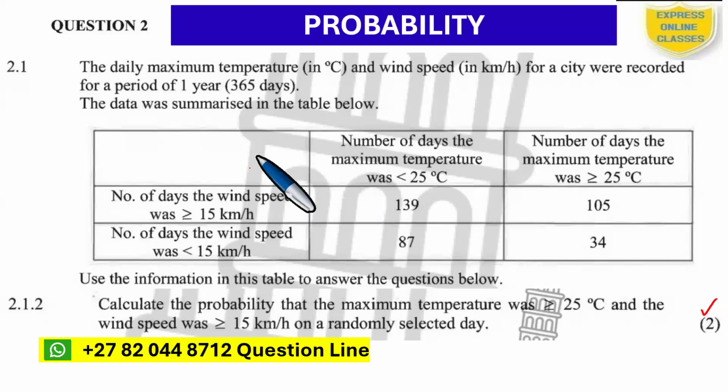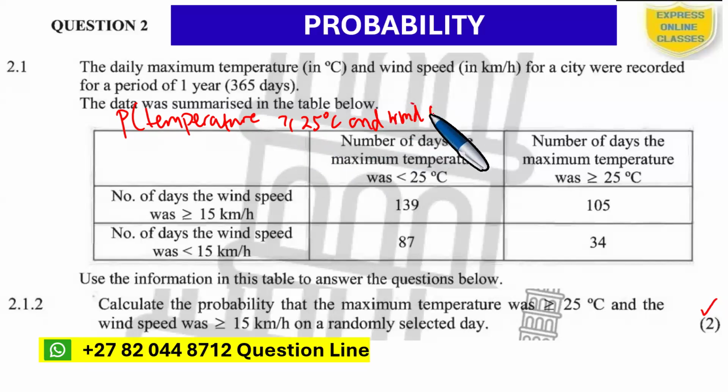So now at this point, you're aware that the probability of the temperature greater or equal to 25 degrees Celsius and wind speed greater or equal to 15 kilometers per hour